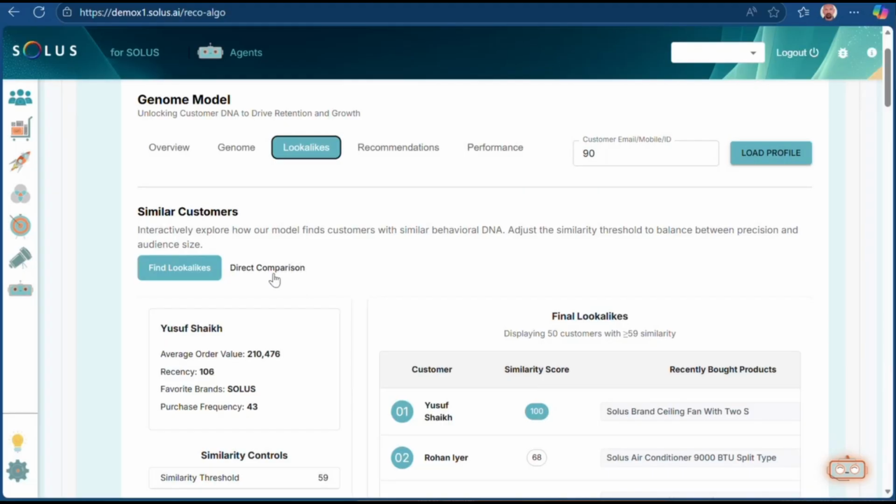So this is not the same as, say, segmentation, where you're starting off with your entire bunch of customers and you're saying I'm breaking them down into segments. All customers within a segment are similar. It's true. It's a valid approach. It's quite computationally economical. It does have the additional challenge though that there could be two customers in the segment who are, geometrically speaking, at opposite ends of that segment. Okay. Are they similar? Yeah. But it could well be that for one of those customers, the most similar customer is actually sitting in the next segment. Okay. So if you make each customer the center of the universe and you find their lookalikes, you obviously can potentially do a much better job. Okay.